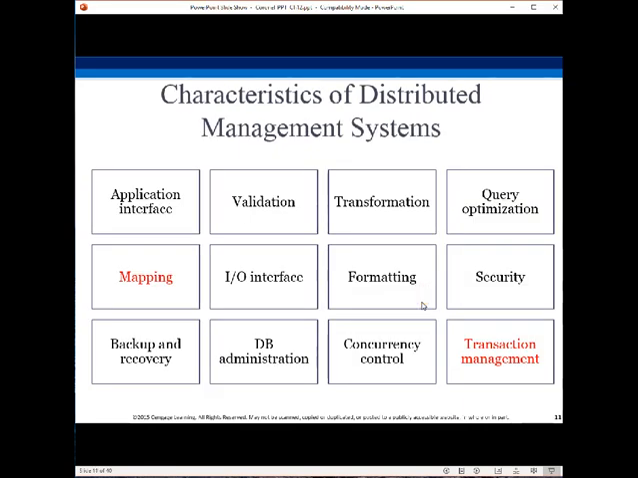And some of the main characteristics of a database management system that's distributed is the transaction management is different than it would be on a relational database. And you also have a mapping function that's going to take your query and then find out where the data resides on all the various replicas you have around the world, and then map a query to go get the data from those replicas. But it still has many of the same things: query optimization, backup and recovery, concurrency control,